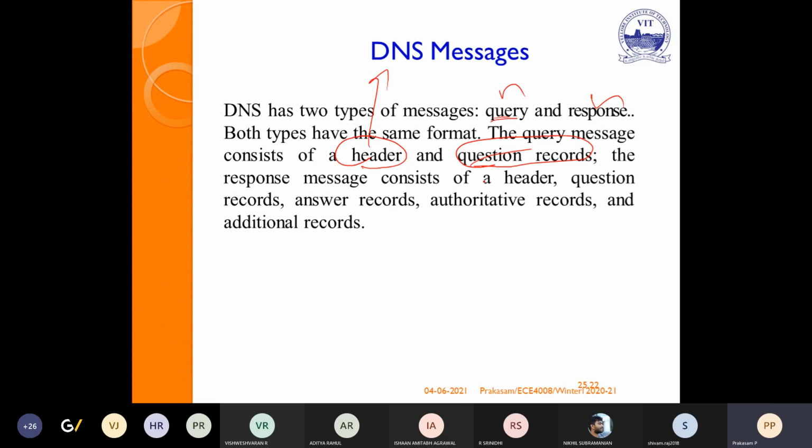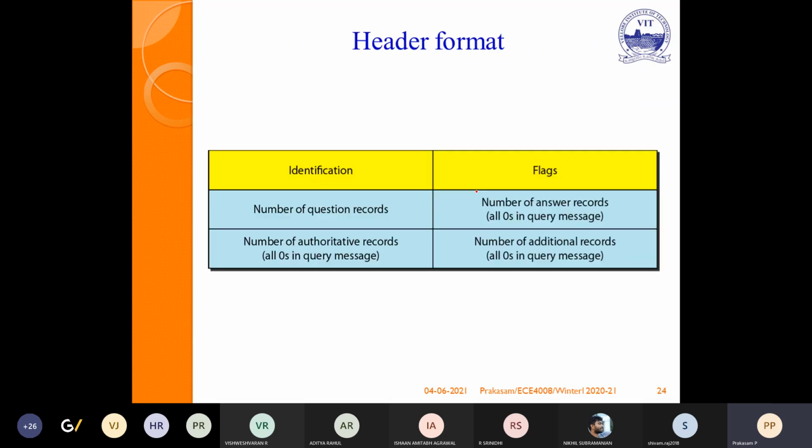So the response message consists of the header, the respective address, question records for which questions I am going to give the answer, then who gave the answer, the authoritative records, then additional records if any, meaning any additional attachments. So a query contains the header plus the question records, and the response contains header, question, answer, authoritative, and any additional records.